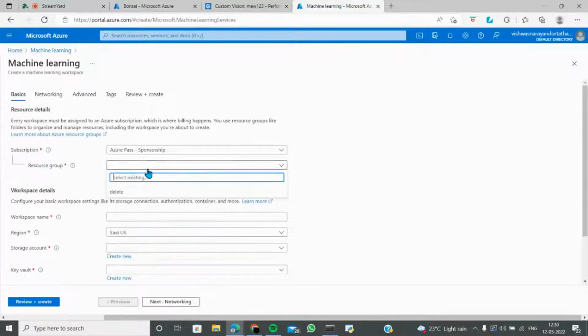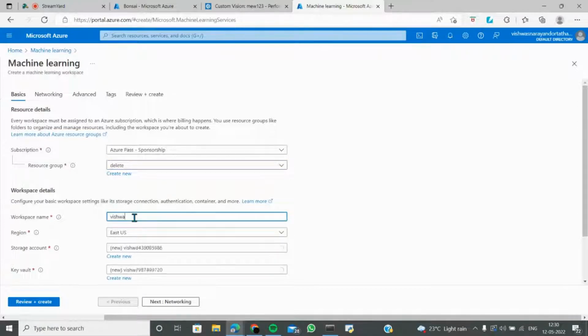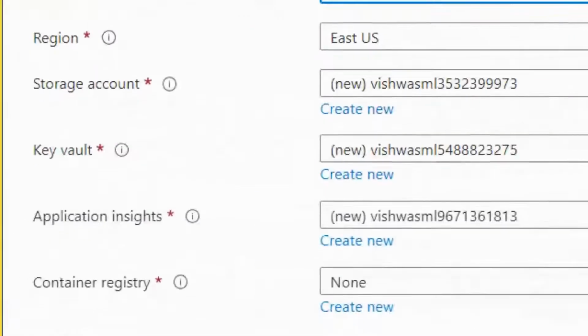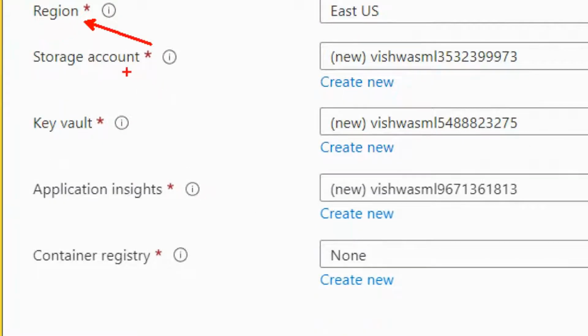Let's delete. Here, workspace name, Vishwas ML. So you can name it and look at the magic of it. The region is already taken care of. The storage account is already taken care of too. Everything related to what you have been training, testing, and the configurations will always go in the storage account. So what is a storage account? It's just like attaching an SSD or an HDD. What's an SSD and an HDD? Solid state drive and hard disk drive are what is used for storing things on your laptops or computers, right? So that is attached to the disks, and everything has already been allocated from Azure.